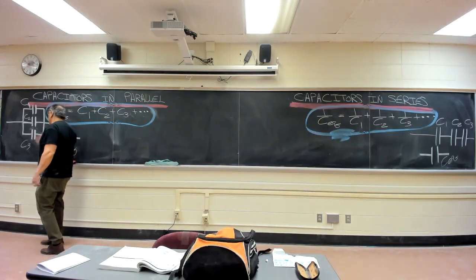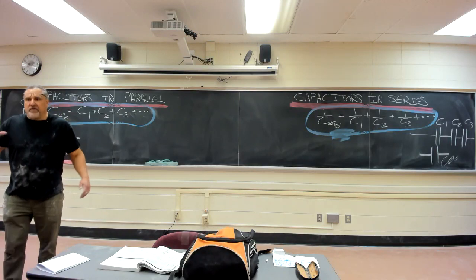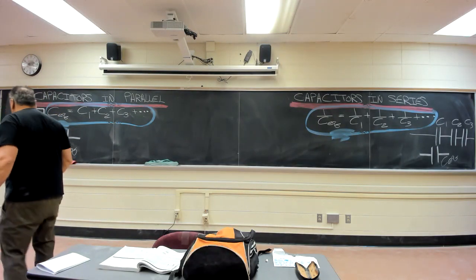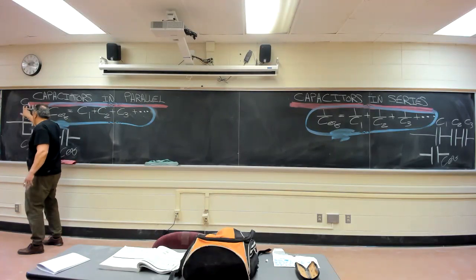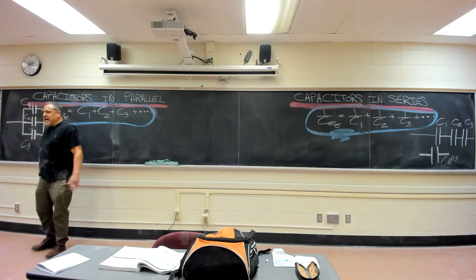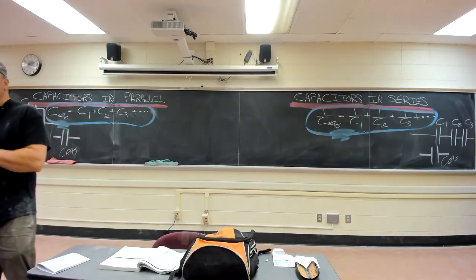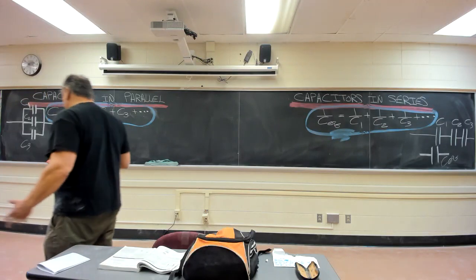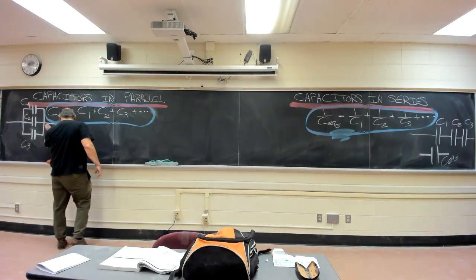If it's not, it'll arrange itself in such a way that the potential difference across these two plates associated with C1 is equal to the potential difference across these two plates associated with C2, and it's equal to the potential difference across those two plates associated with C3. And this works for any number of plates that you have. So if that's the case,